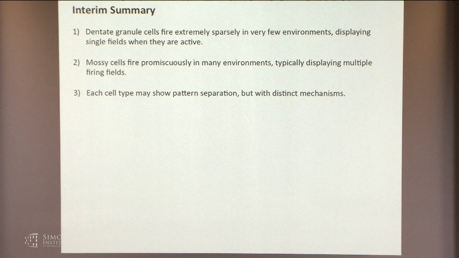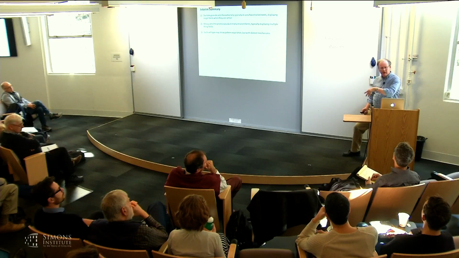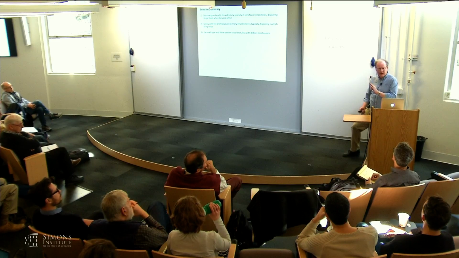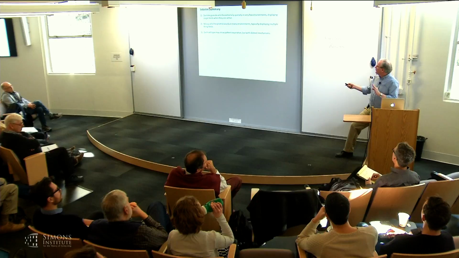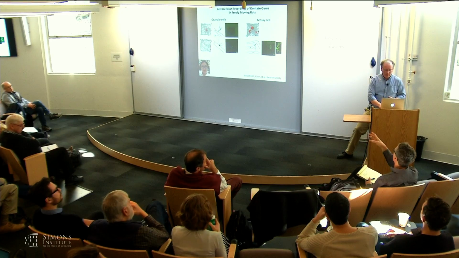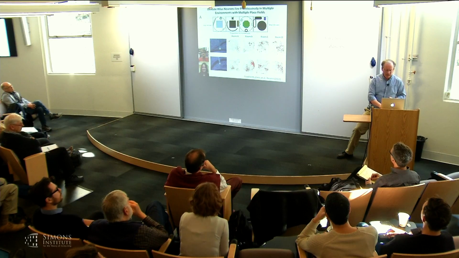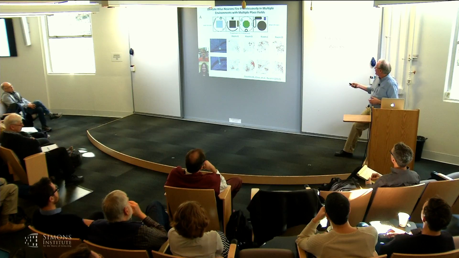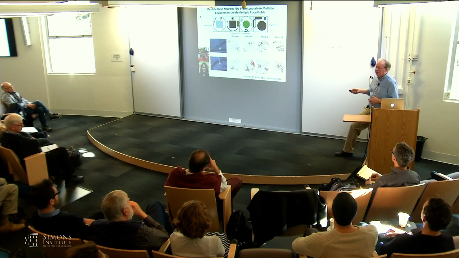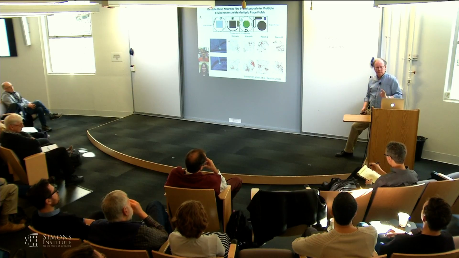I'm sorry, about number 2. Are you distinguishing Mazi cells from grid cells? Mazi cells and grid cells are completely different. So grid cells are in the medial entorhinal cortex and other parts, but there are no grid cells in the hippocampus per se. Mazi cells are this cell type that's in the dentate gyrus. Okay, so I understand, but they seem to behave like a grid cell. Well, it's a grid-looking thing. By chance, when you look at these, they're patchy, but on average, there's no hexagonal regularity from them. Okay, so that's the point.